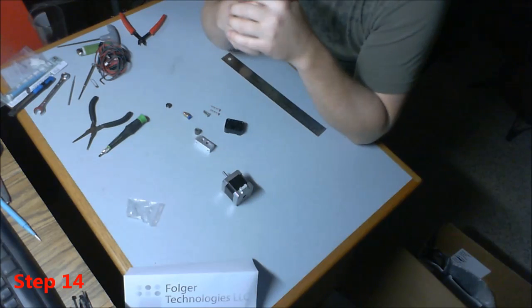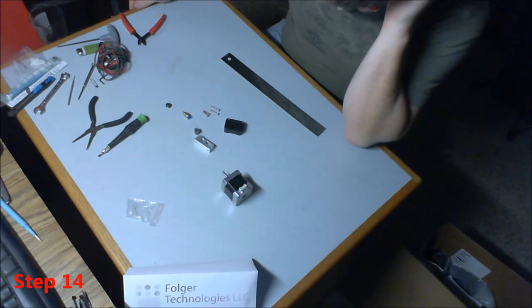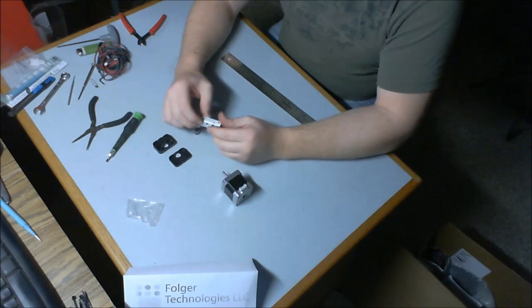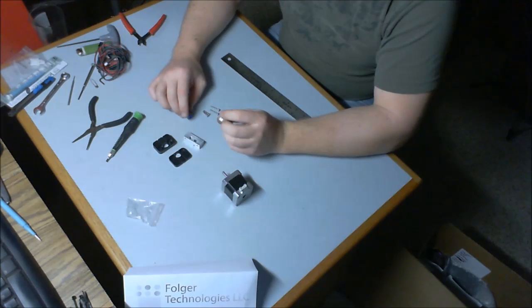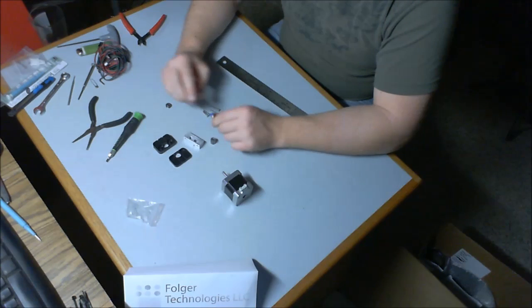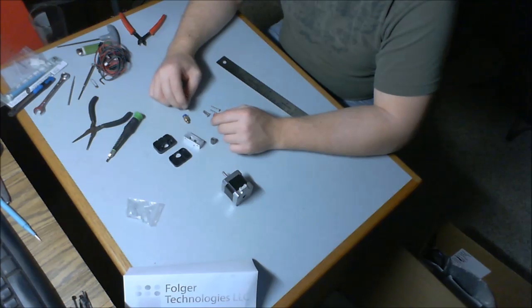Step 14 is making the extruder drive. And to do that, you're going to need these plastic items. This aluminum one, this toothed gear, which is actually going to grab onto our filament. Another screw-in push-style connector, small V bearing,